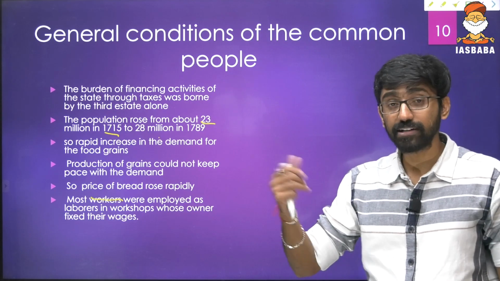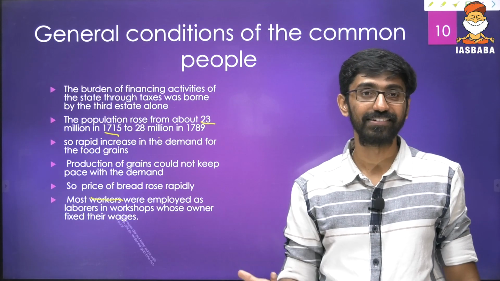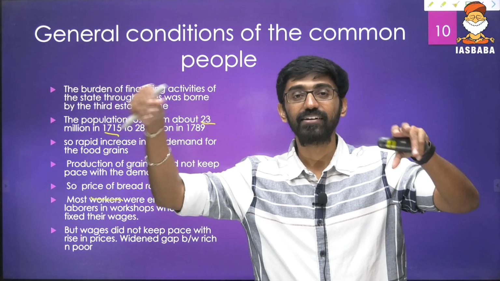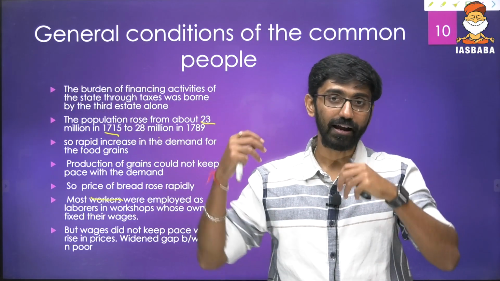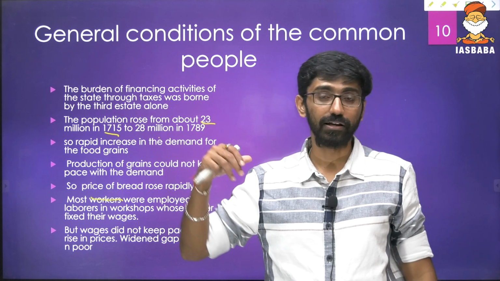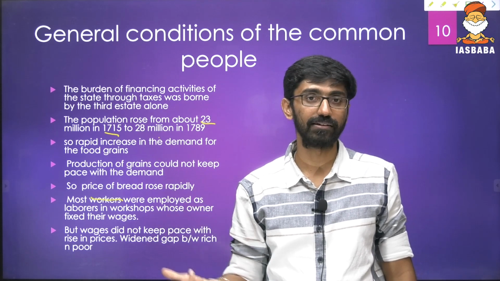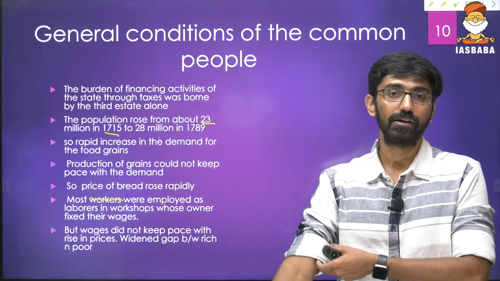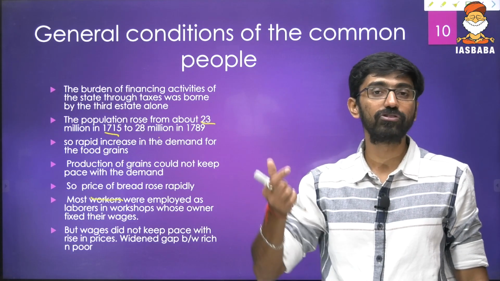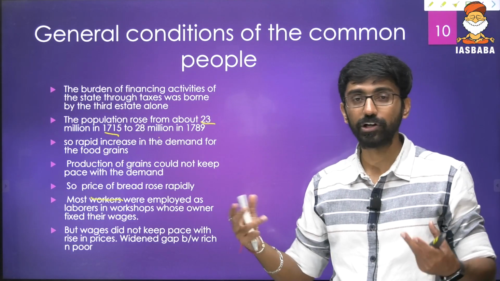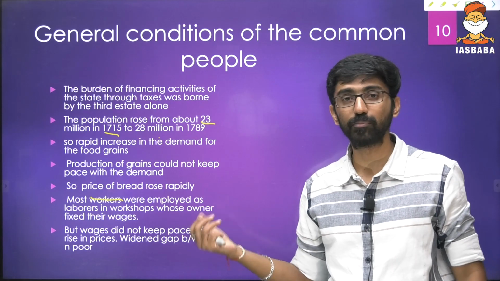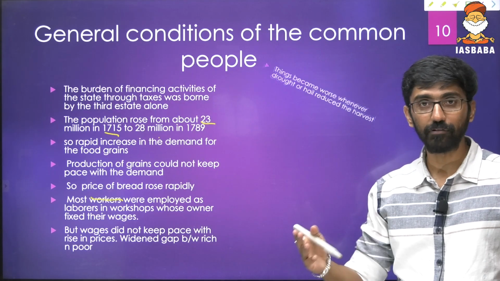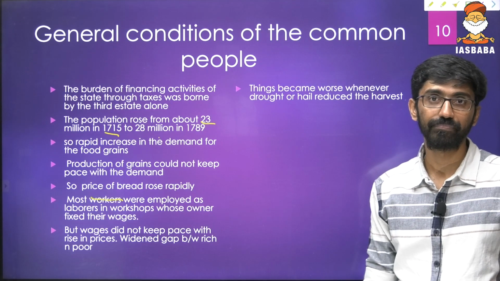Okay. And when inflation was increasing, the wages were not increasing. Along with the tax burden and inflation, the wages were actually decreasing, rather than stagnant or increasing, and did not keep up pace with the rising prices. And this widened the gap between rich and poor. Of course, today also we talk about the concept of the rich getting richer and the poor getting poorer. Same kind of situation in France before the revolution, that is before 1789.